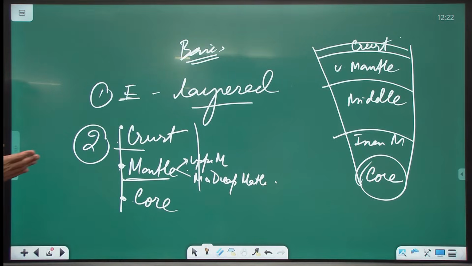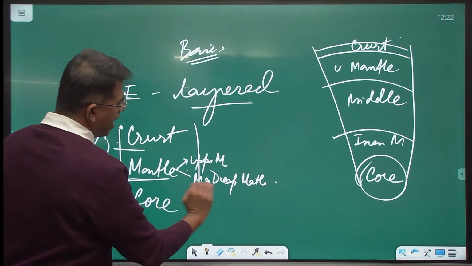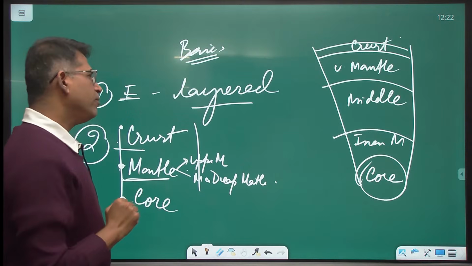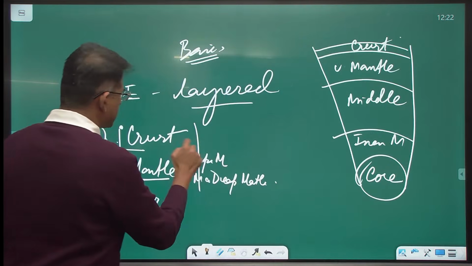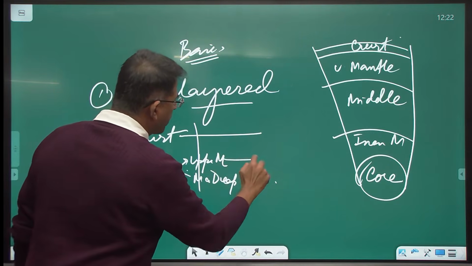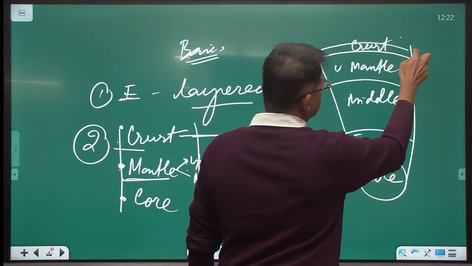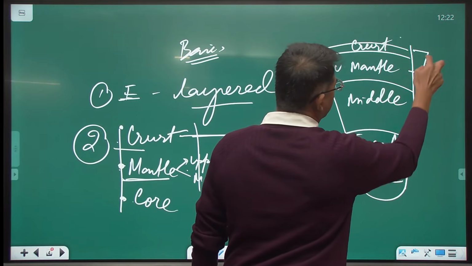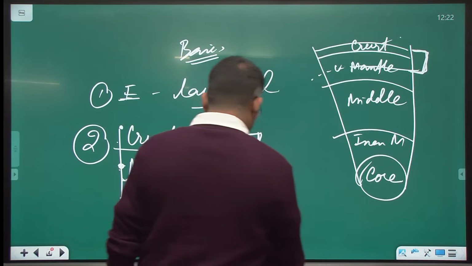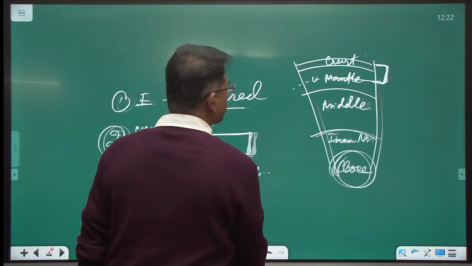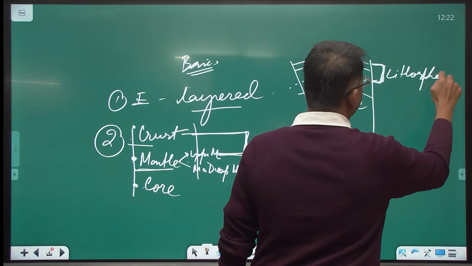Okay. So mantle को मैं divide कर दिया, the upper part, the upper mantle, and then we have the middle and the deep mantle together. For some reasons, we'll come back some other time, the crust and a part of the upper mantle को हम एक साथ we consider. Okay, so the crust and a part of the upper mantle, ये दोनों साथ ले लेते हैं हम. This layer together is called the lithosphere.